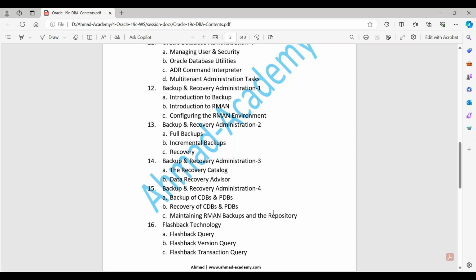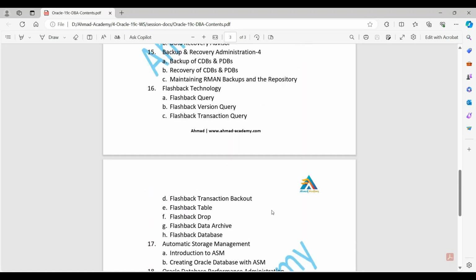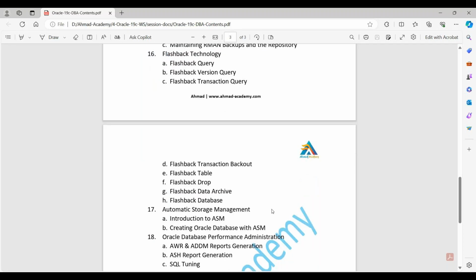And flashback technology is a very powerful technology, so a DBA should know what flashback technology is, because this technology will help you quickly recover from logical corruption in your database. So flashback query, flashback version query, flashback transaction query, flashback transaction backout, flashback table, flashback drop, flashback data archive, flashback database. These are the flashback technologies I will discuss one by one, and I will show the practical